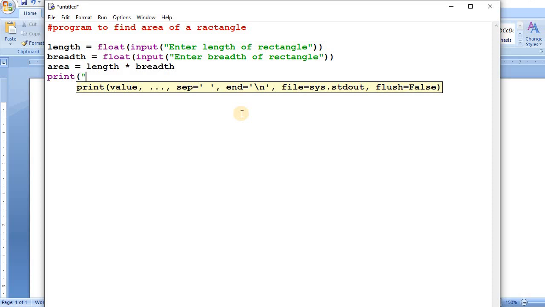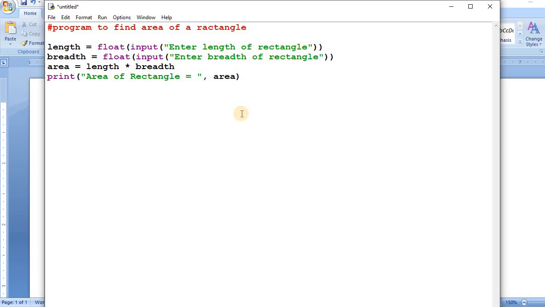We can also pass some message, so our output will be meaningful. So: area of rectangle equals, and then comma, and then the variable that has the area. Okay, so now your program has been completed.